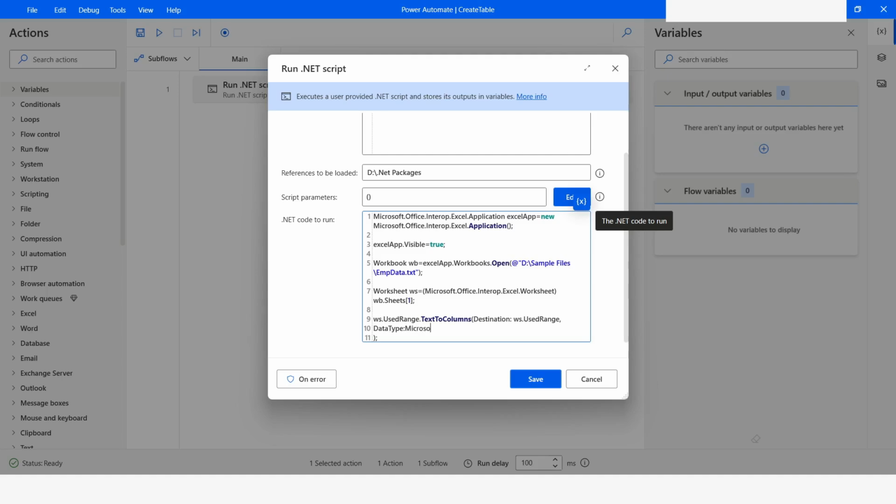Microsoft dot Office dot Interop dot Excel. I will just copy it because I'll need it later on as well. Dot XlTextParsingType dot xlDelimited, comma. Then the parameter is going to be TextQualifier